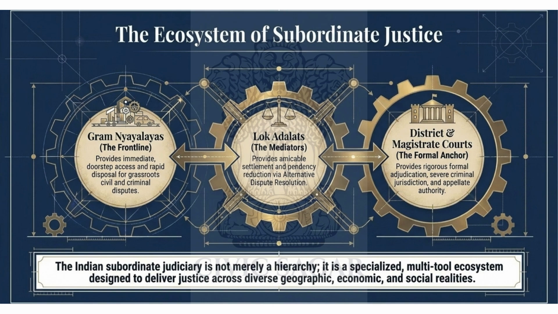When we look at the complete picture, we see that the Indian subordinate judiciary is not just a rigid, top-down hierarchy. It is a specialized, multi-tool ecosystem. GramNyayalayas act as the front line, providing immediate doorstep access and rapid resolution for grassroots disputes. Lok Adalats serve as the vital mediators, driving amicable settlements and reducing heavy case backlogs through alternative dispute resolution. And finally, the district and magistrate courts stand firm as the formal anchor, delivering rigorous adjudication, managing severe criminal jurisdiction, and exercising appellate authority. Together, these interlocking gears work in tandem to deliver balanced, accessible, and timely justice across India's diverse geographic, economic, and social